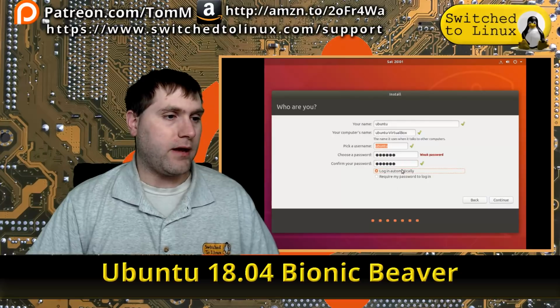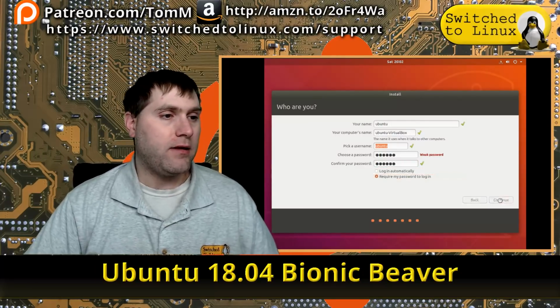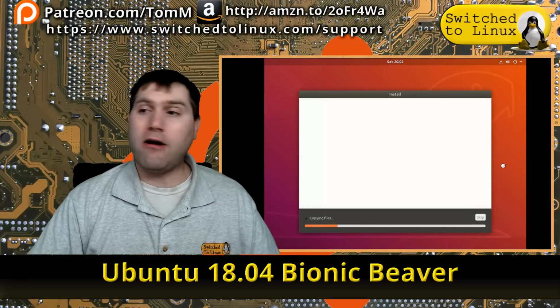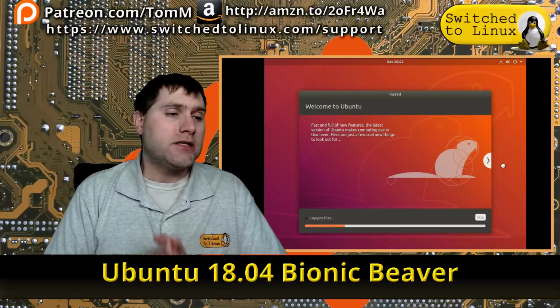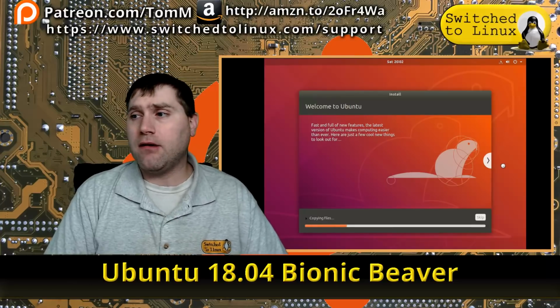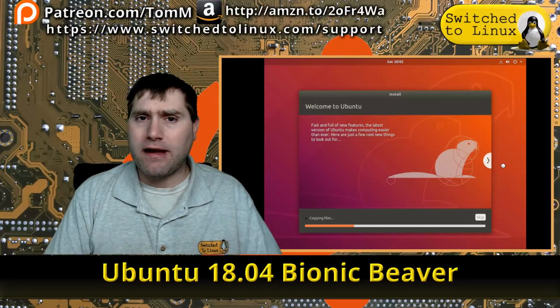I'm going to go ahead and require a password to log in on this as well. See if it lets me use that password. All right, so it did not give me that prompt that I was thinking it would. So at this point in time, I'm going to allow this to go through, copy all its files and do that. I'm going to do a little bit of research in there so I can see